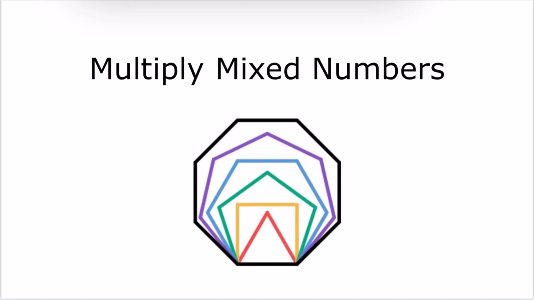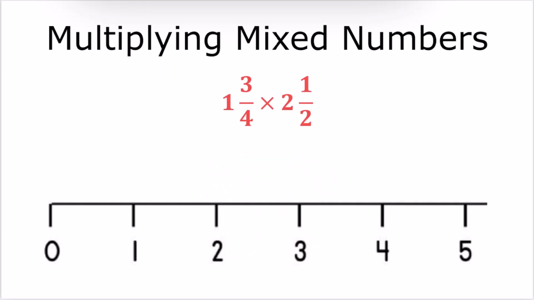Everybody, in this video we're going to talk about how to multiply mixed numbers. So let's start off by using a number line model, and let's multiply 1 3/4 times 2 1/2. So if I have 1 3/4 times 2 1/2, that means I'm going to make 2 1/2 copies of